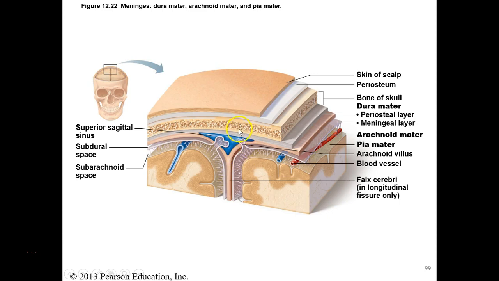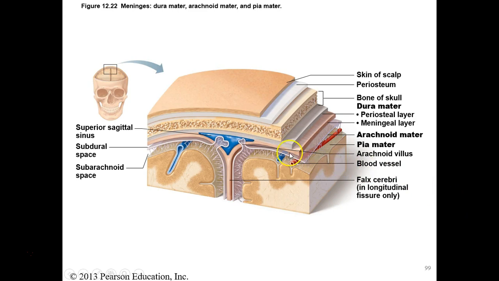Another thing to note here, as we mentioned, where there are these deep infoldings of the dura extending down into major fissures, typically within those spaces we find venous sinuses, which are major venous vessels that run between the two layers of the dura within these regions, and form part of the major venous drainage of the